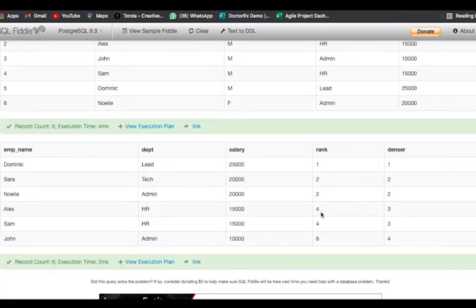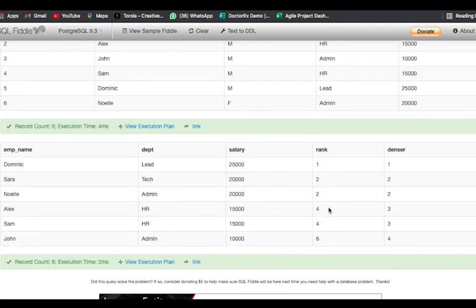Now, if you see the rank, when we got the rank according to highest salaries, the second rank has been repeated twice because we are having the same values in those rows. But in the rank column, 3 has been skipped, and directly the fourth row has been appointed the rank 4.